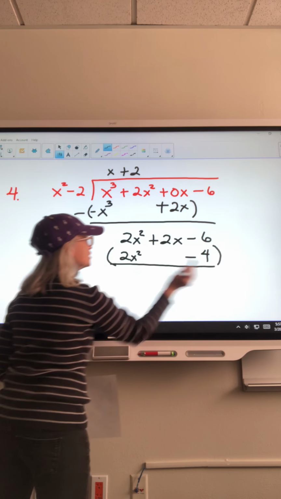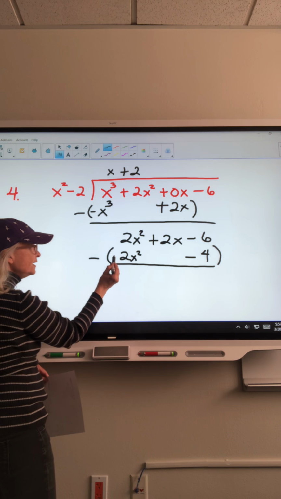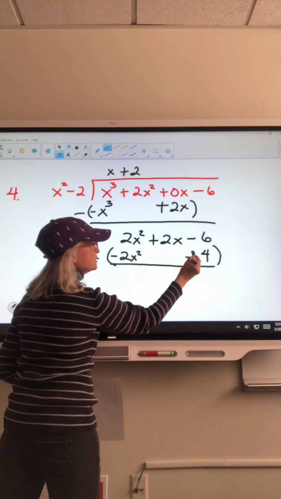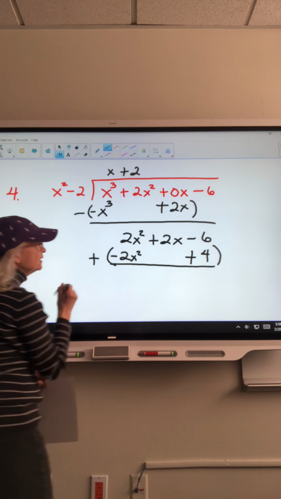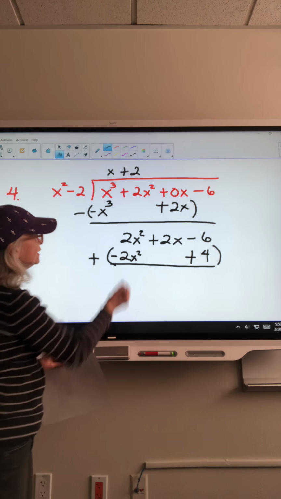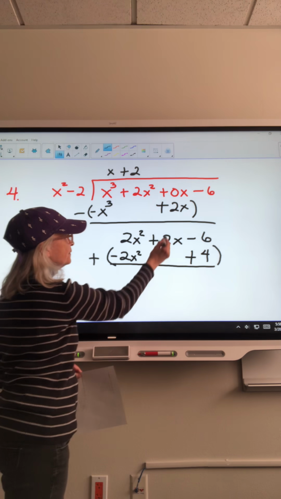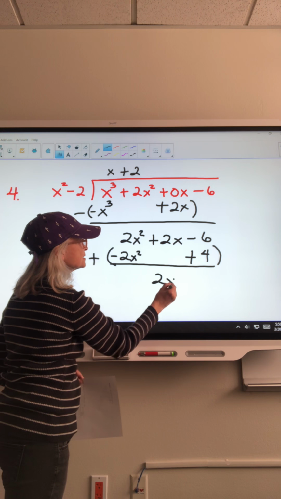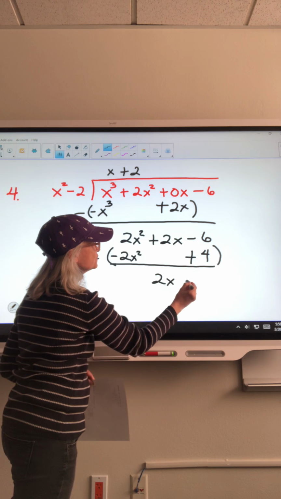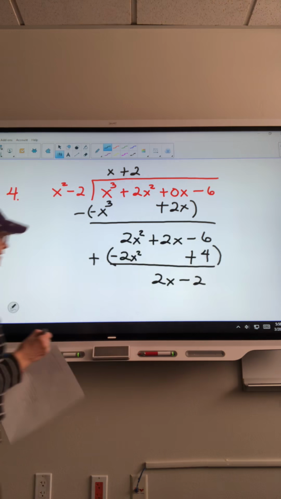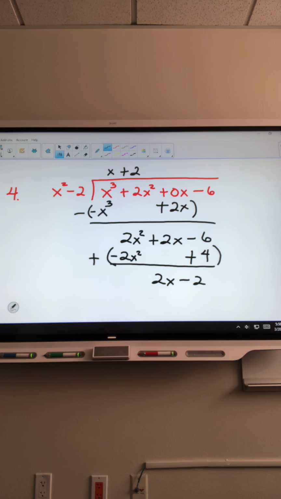So then I subtract. I distribute that negative. So this one becomes positive. Follow the rules for addition. This cancels out. This just is 2x. A negative 6 plus 4 is a negative 2. Okay, 2x minus 2,